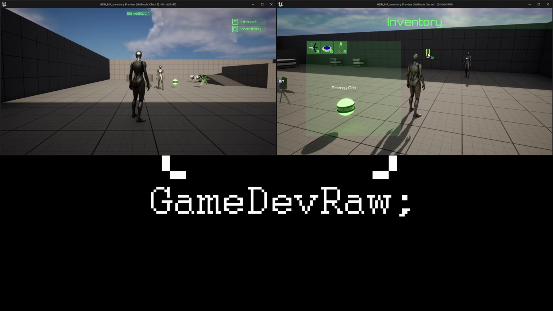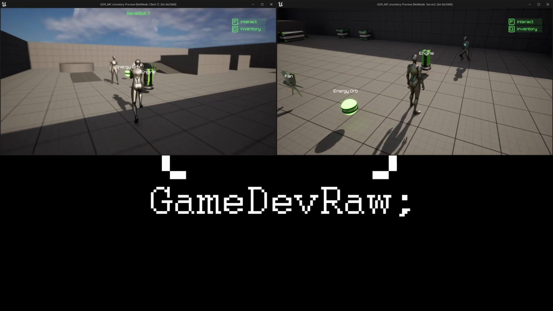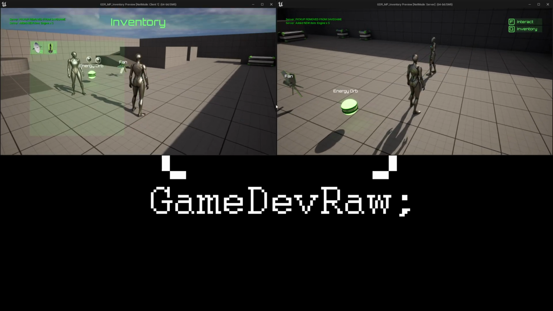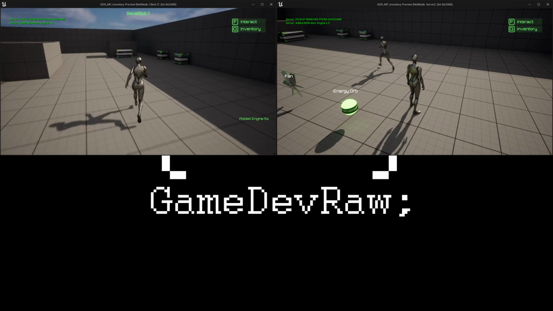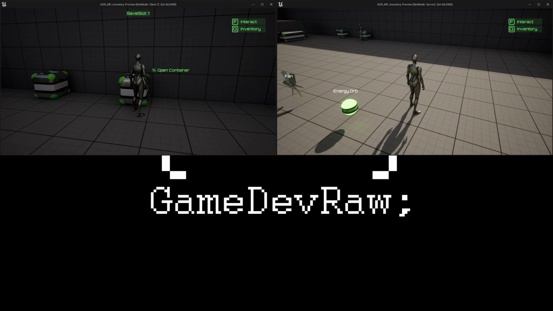So I can drop items into the world by just dropping them beside my grid panel, and then everything replicates to the client as well, as you can see. So the client is now able to pick up the engine that I dropped over here, and it will be in the client's inventory. And we also have crates that we can use to store items or take items from,